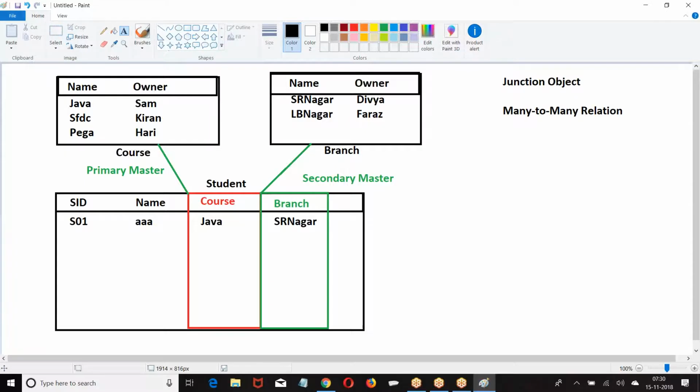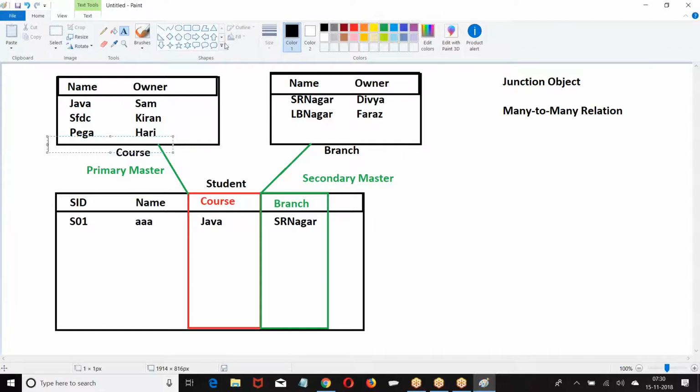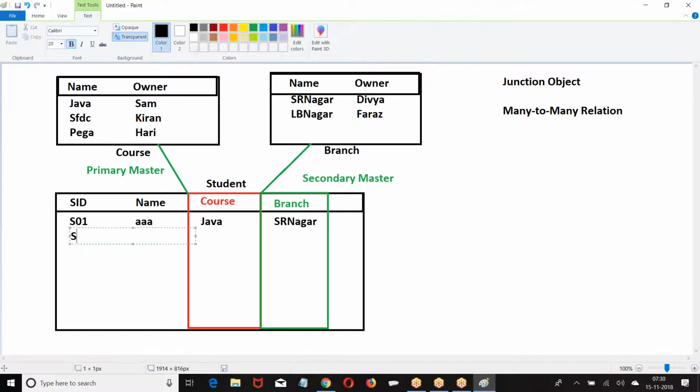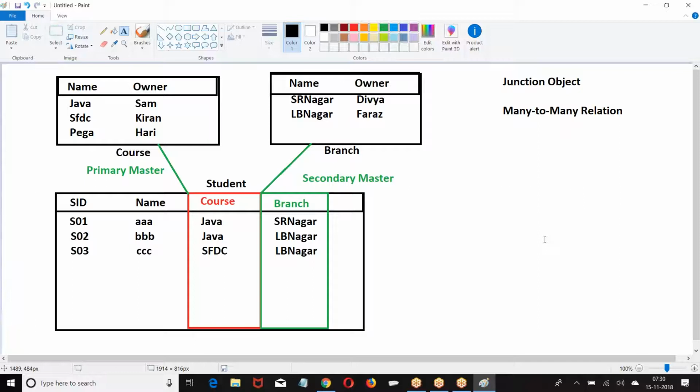Shyam is the owner of S01. This is how we create. So whoever is the owner of the primary master, he is the owner of junction record.